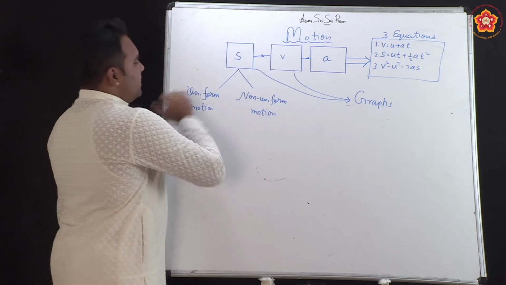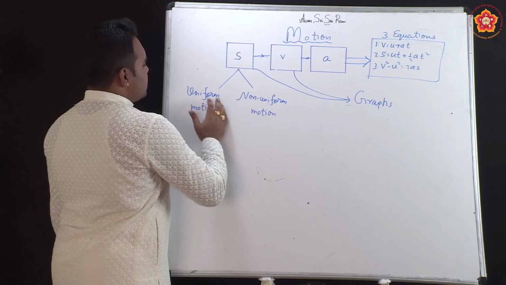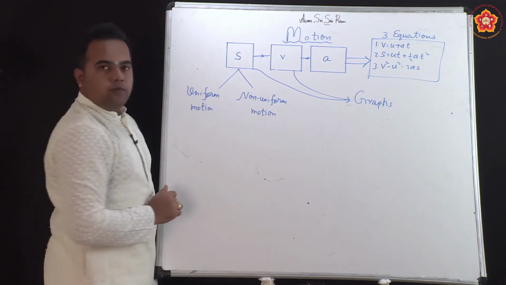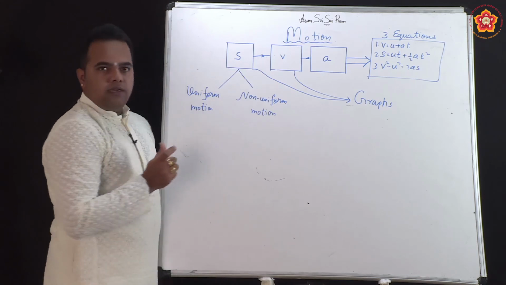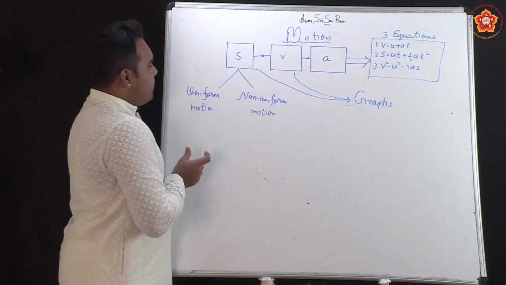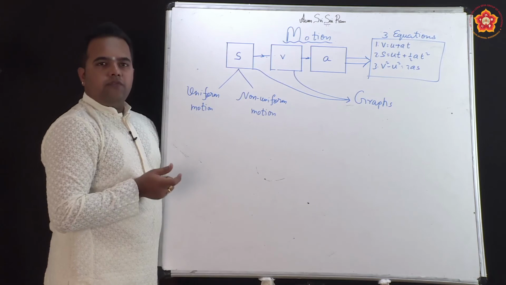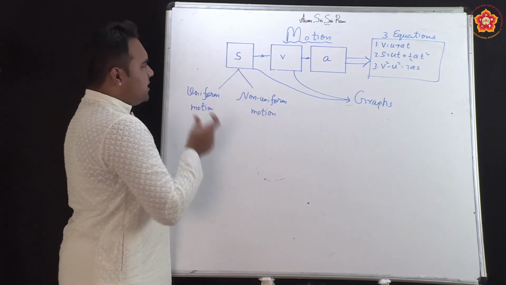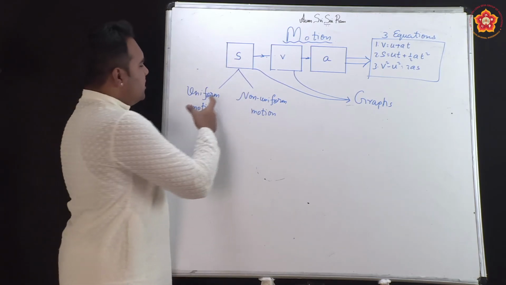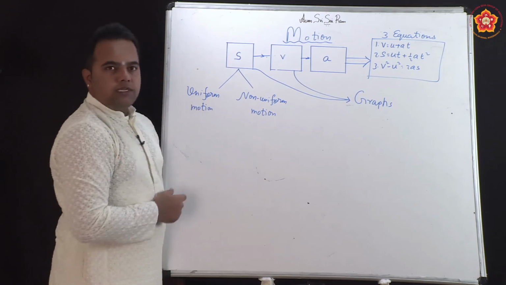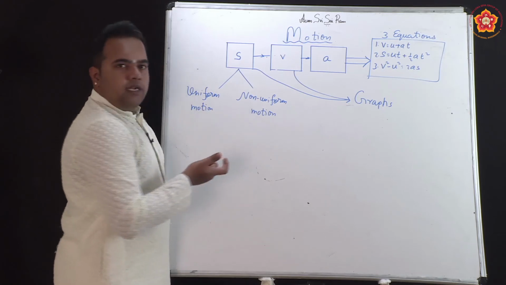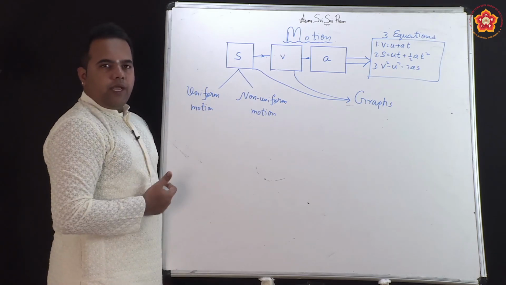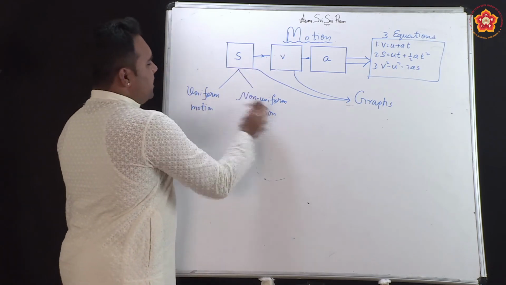Now, we have discussed initially something called uniform and non-uniform motion. Means what? Whenever the distances are changing in equal intervals of time. So, for every equal interval of time, if my distance is also changing by the exact amount, we say that the object is having uniform motion, is undergoing uniform motion. Non-uniform means what? Equal distances in unequal intervals of time, or unequal distances in equal intervals of time.